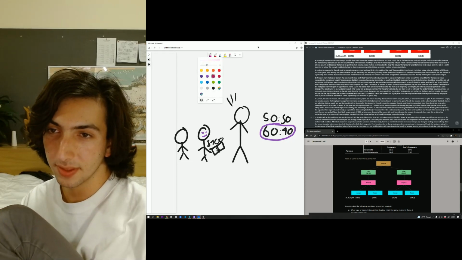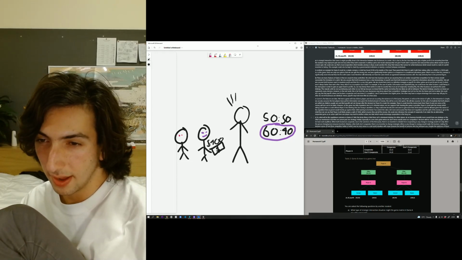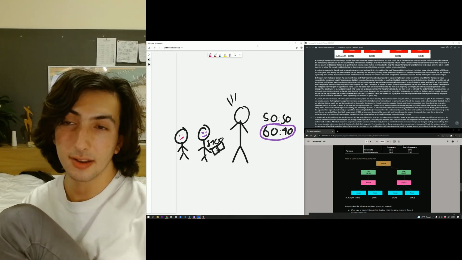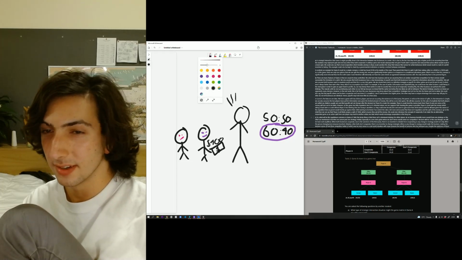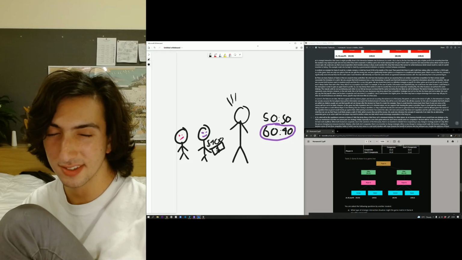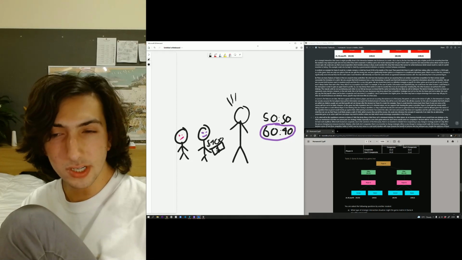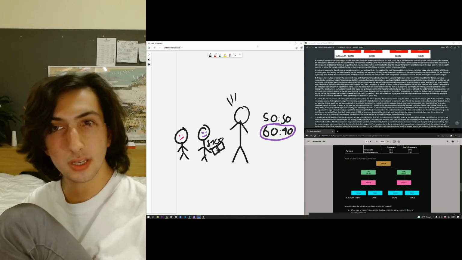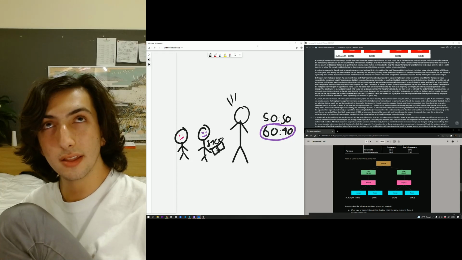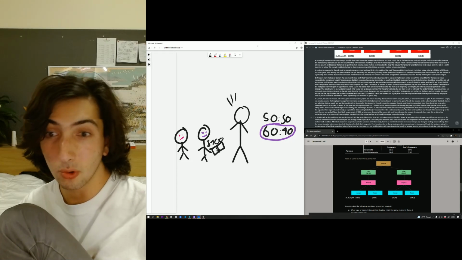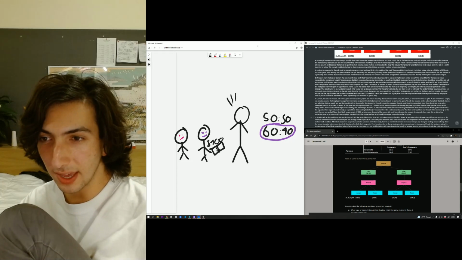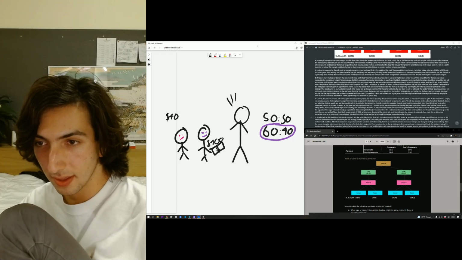Now, what about this child over here? What will they do? This child looks very uncertain about the future. I know your retirement prospects are so weird. But what is going to happen to this child? They can either accept the money or deny it. If they accept, they get $40. If they deny it, they get nothing.